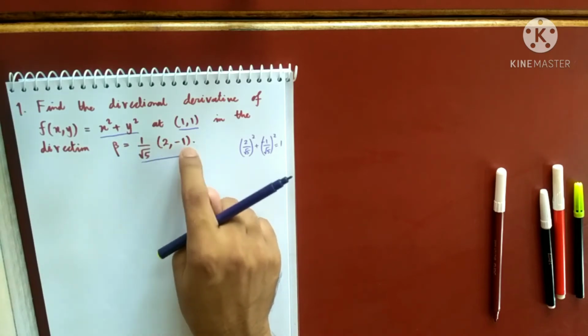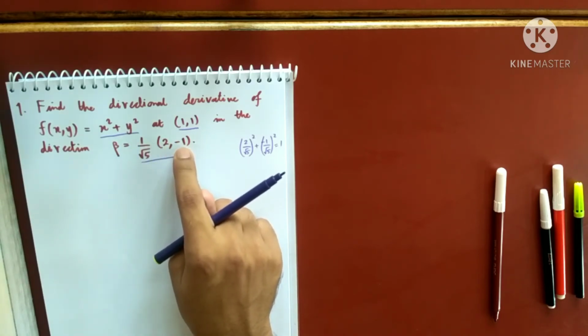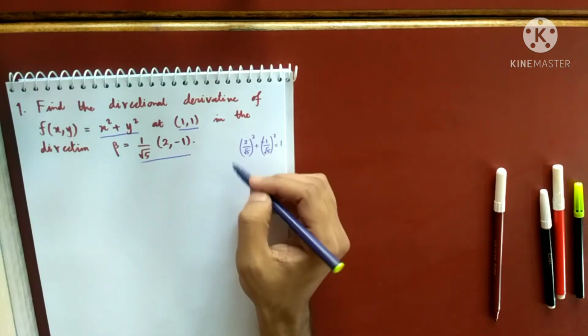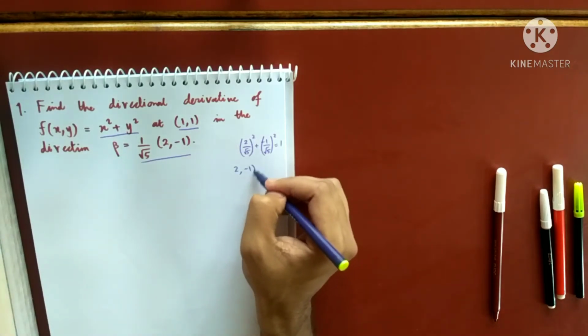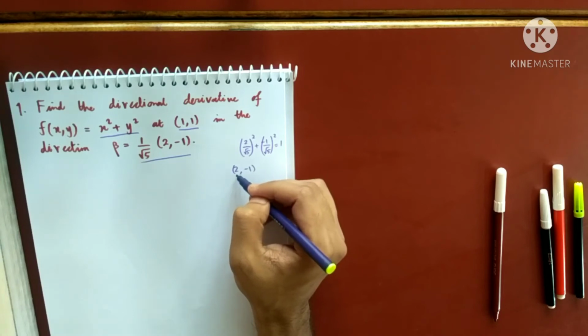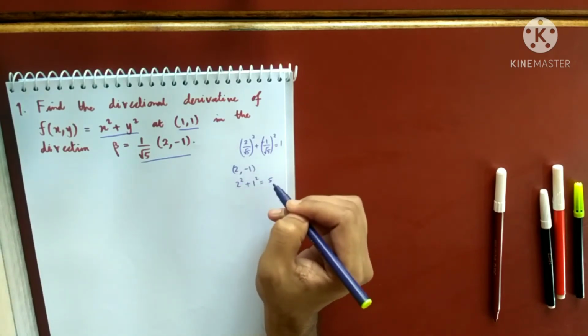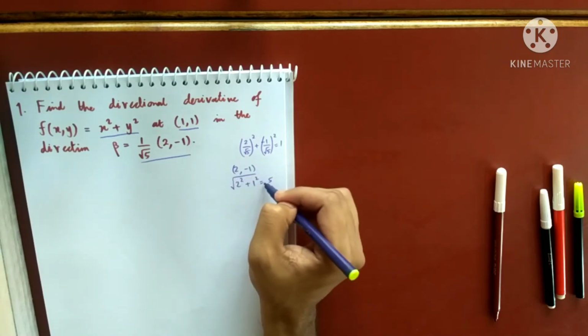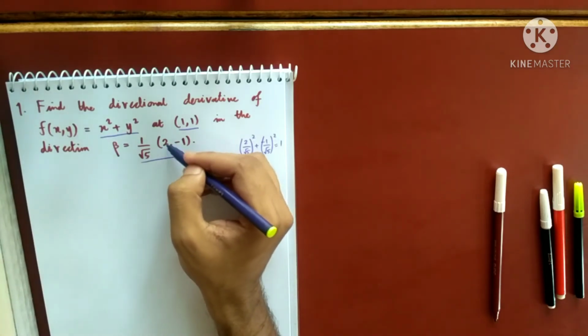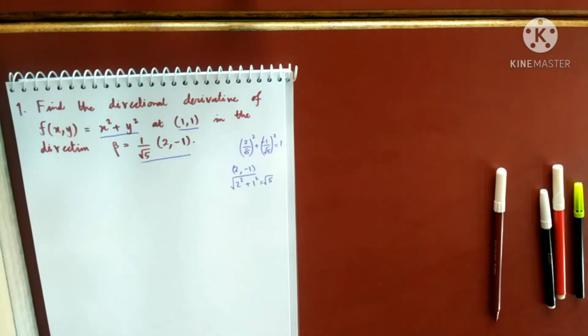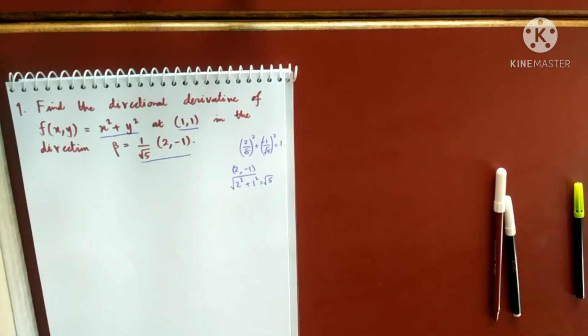If you start by just this, you will not get the answer. We always take the unit direction. Suppose they had just given beta as this. What is the modulus of this vector? 2 square plus minus 1 square, which is equal to 5. So you will divide by the modulus. Modulus is root 5. So the components are 2 by root 5 and minus 1 by root 5. Understood my point? So the first step will be to check whether the direction is a unit direction or not. So it is a unit direction given to us.